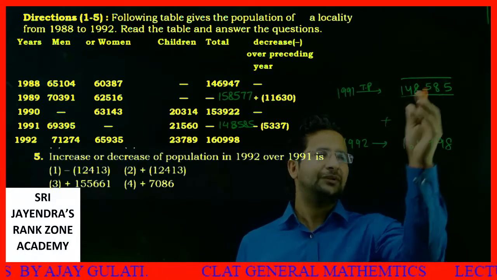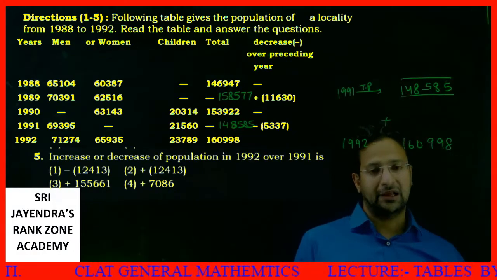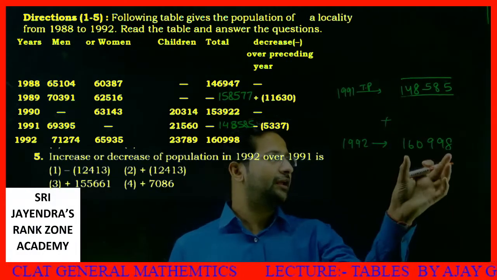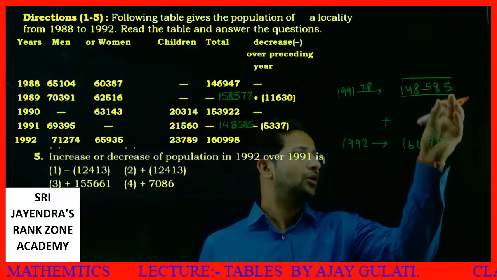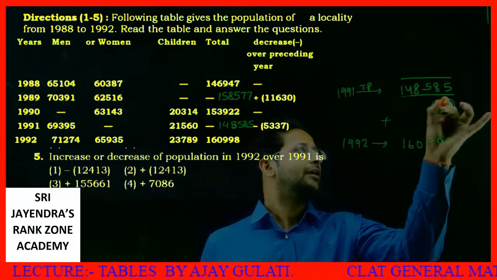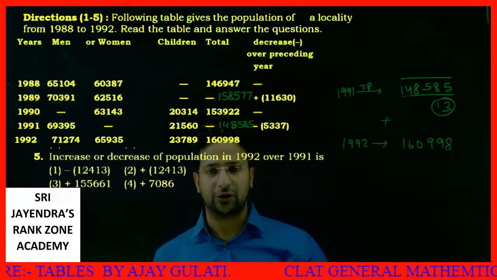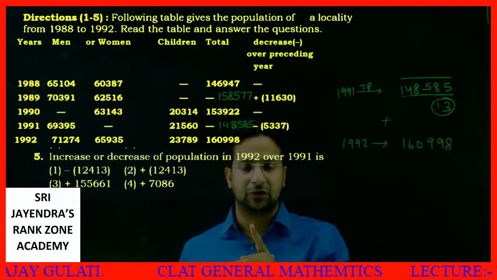So definitely there has been some addition. Let's see how much addition has been made. Either you subtract this from this, or you can say 85, what should you add to 85 so that you get 98? You should add 13. Just check which option has positive 13. Only one option is such that has positive 13. That is option number 2.